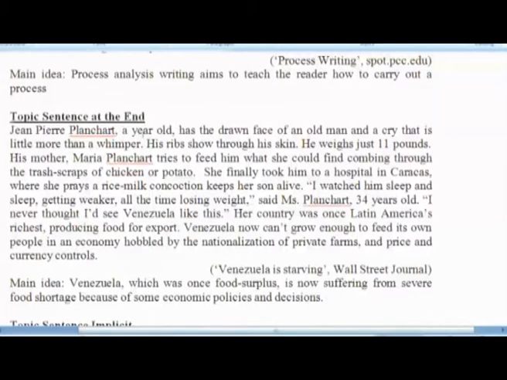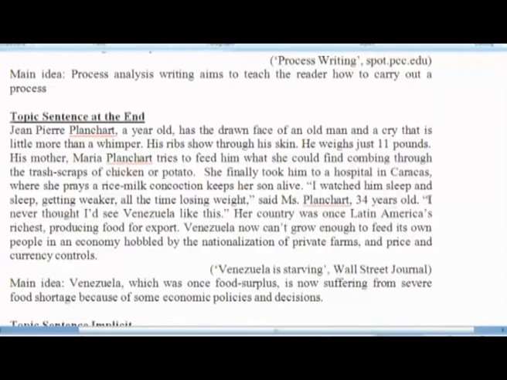Jean-Pierre Blanchard, a year old, has the drawn face of an old man and a cry that is little more than a whimper. His ribs show through his skin. He weighs just 11 pounds. His mother, Maria Blanchard, tries to feed him what she could find, combing through the trash for scraps of chicken or potato. She finally took him to a hospital in Caracas, where she prays a rice milk concoction keeps her son alive. I watched him sleep and sleep, getting weaker all the time, losing weight, said Miss Blanchard,